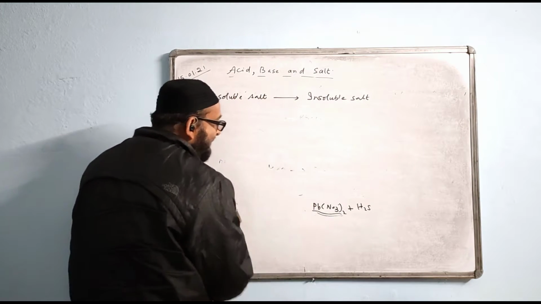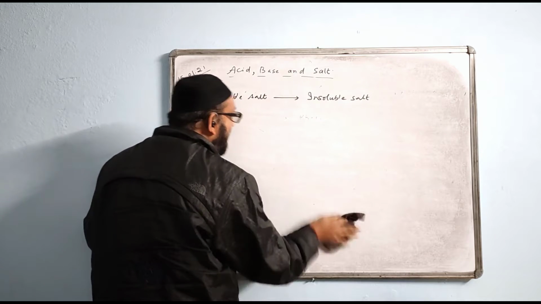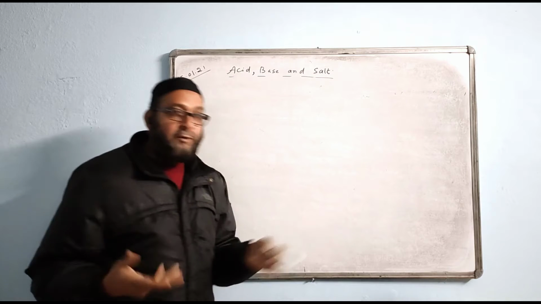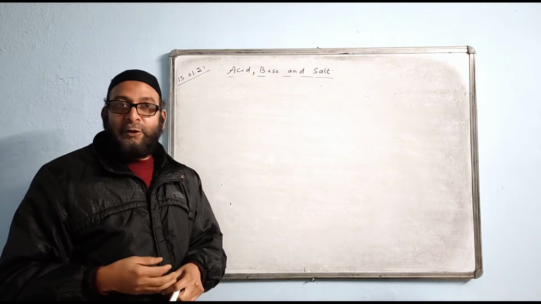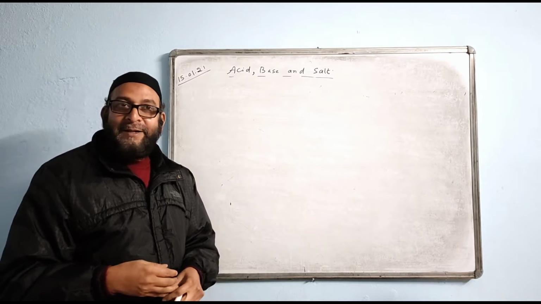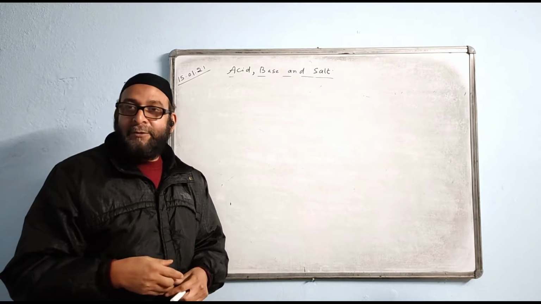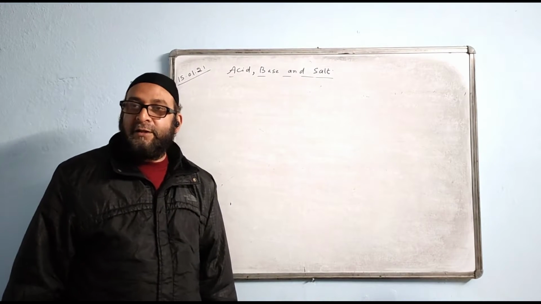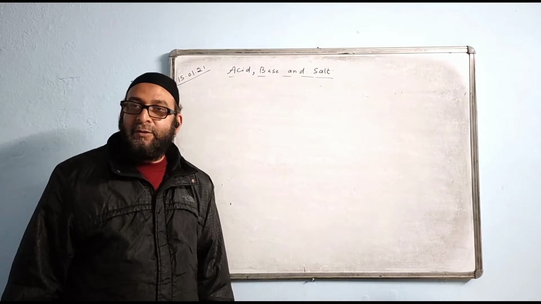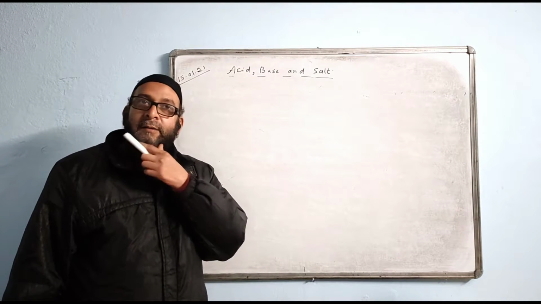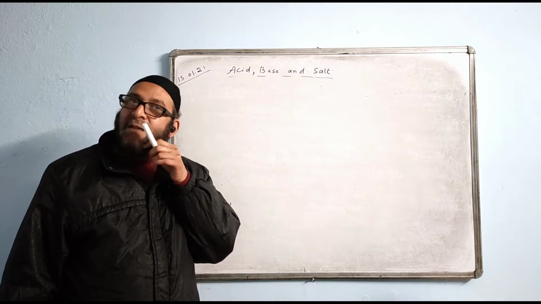Don't forget, that's why I just did it in a very tricky way. Because we may have carbonates, so you may be thinking of Pb(NO3)2 plus carbonic acid H2CO3. But it comes under the general reaction, the carbonate one. Understood? Okay, now we are in the last part of this chapter.